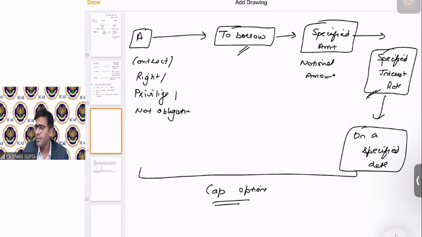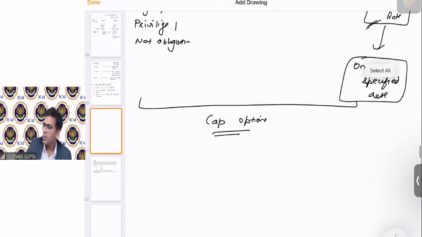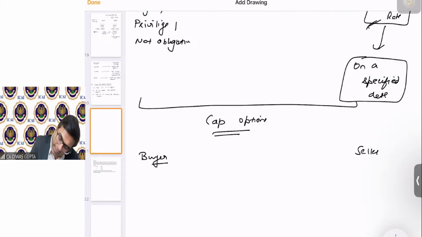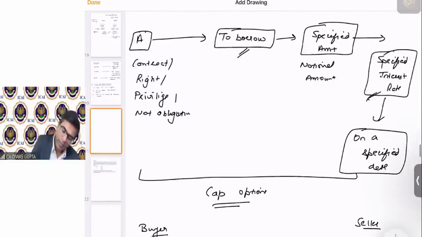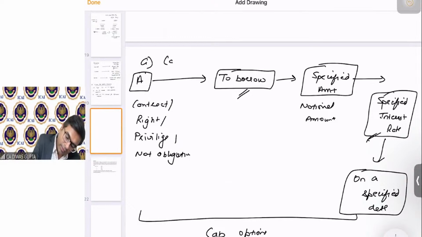Yes, Satish. For interest rate futures, there is a margin money requirement because it is happening on a stock exchange and it happens through bond futures. So bond futures, whatever are subject to those margin requirements, will be subject to this as well. Okay. So for a cap option, again, there is a buyer and there is a seller. Understood? So this is a cap option.